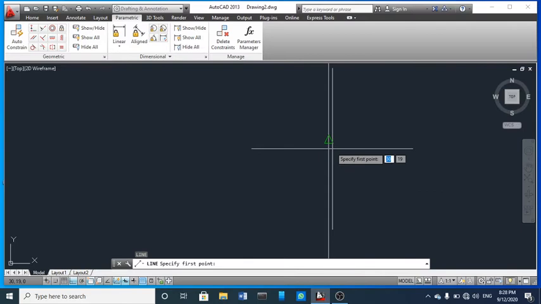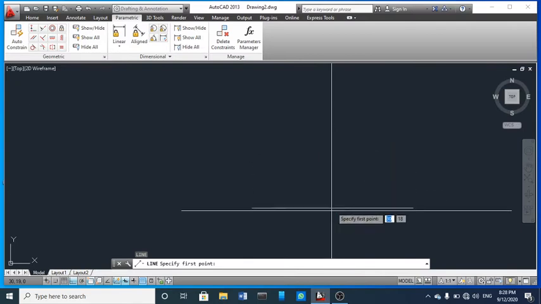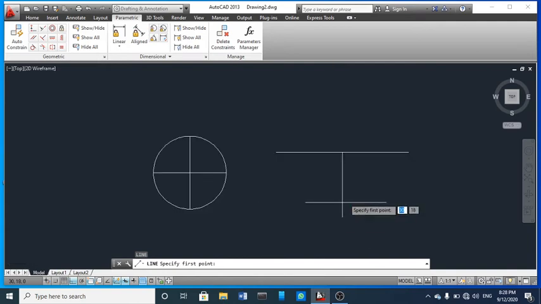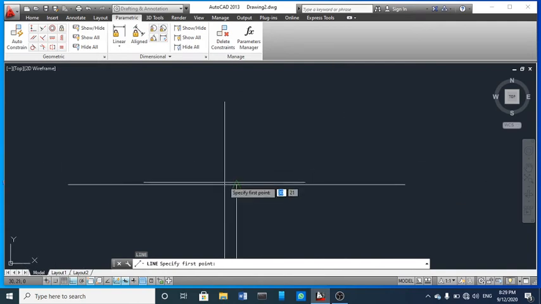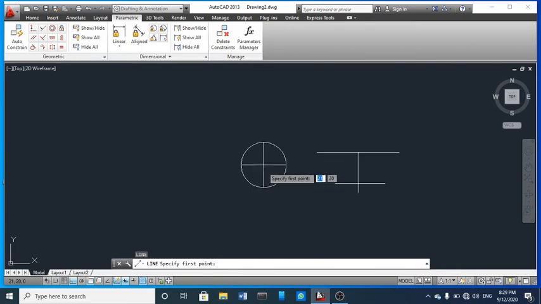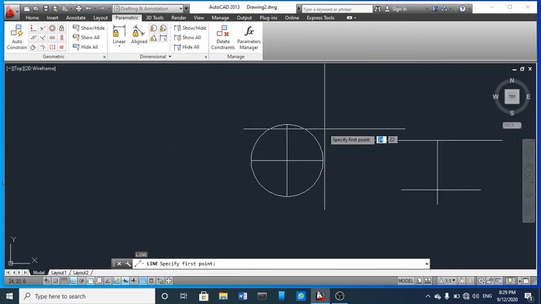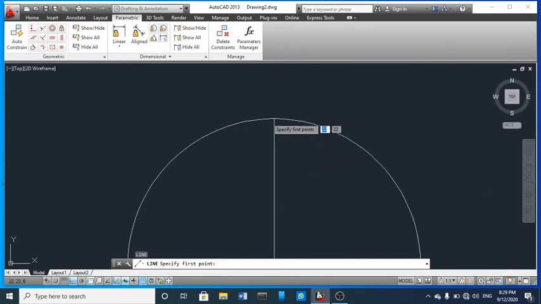Here you can see midpoint, and here this is intersection point. Here you can see midpoint, endpoint, and this is called midpoint. This is midpoint, and this is the center of the circle also. This is quadrant. You can see four quadrants.